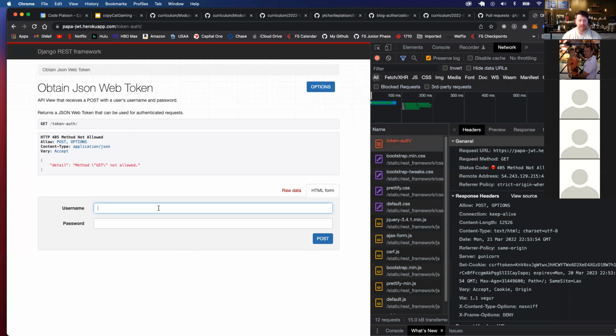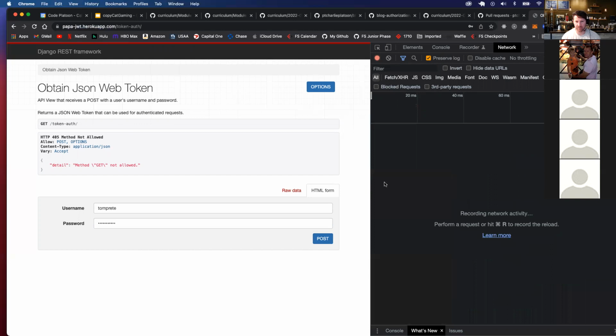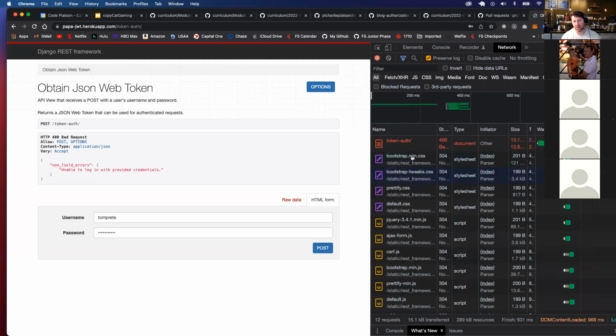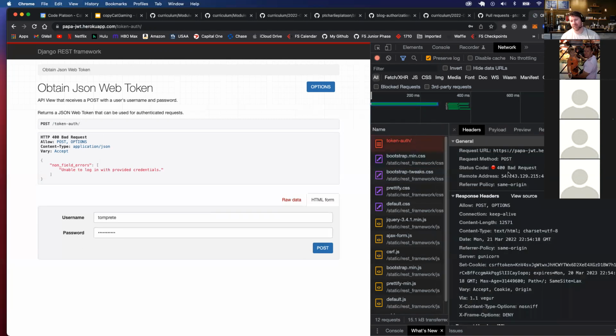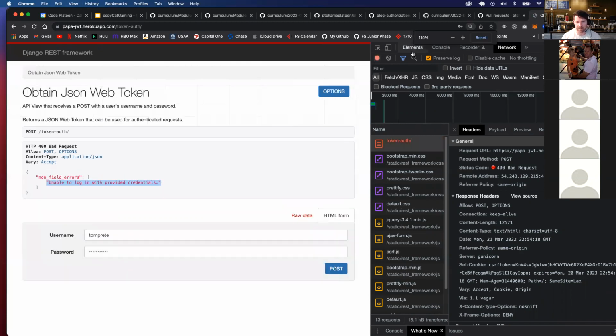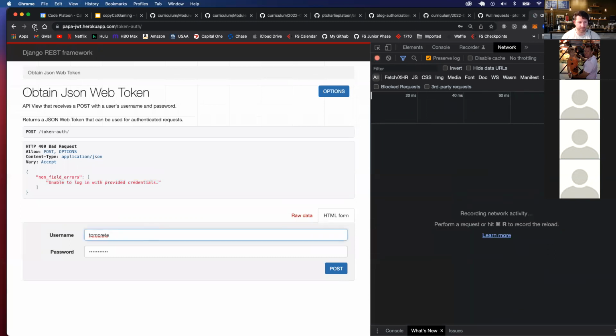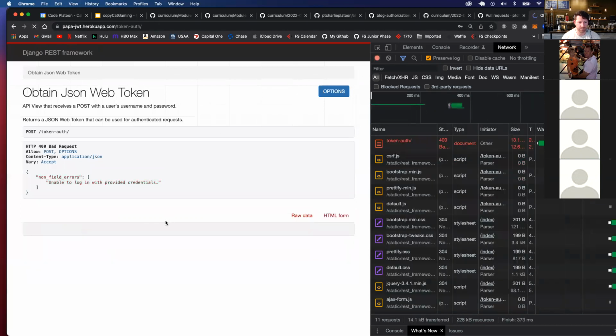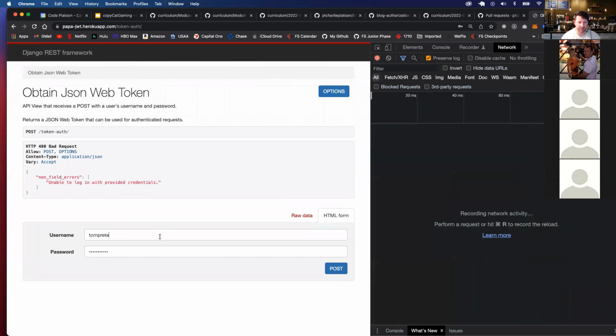But if I were to type in a username like Tom Preet and some password, and I'm just going to clear the network and post. Notice how it says post 400 bad request. It's because I didn't type in the correct username and password. Unable to log in with provided credentials. But if I were to log in, so I'm just going to do a refresh. There we go. But if I were to log in using the right credentials